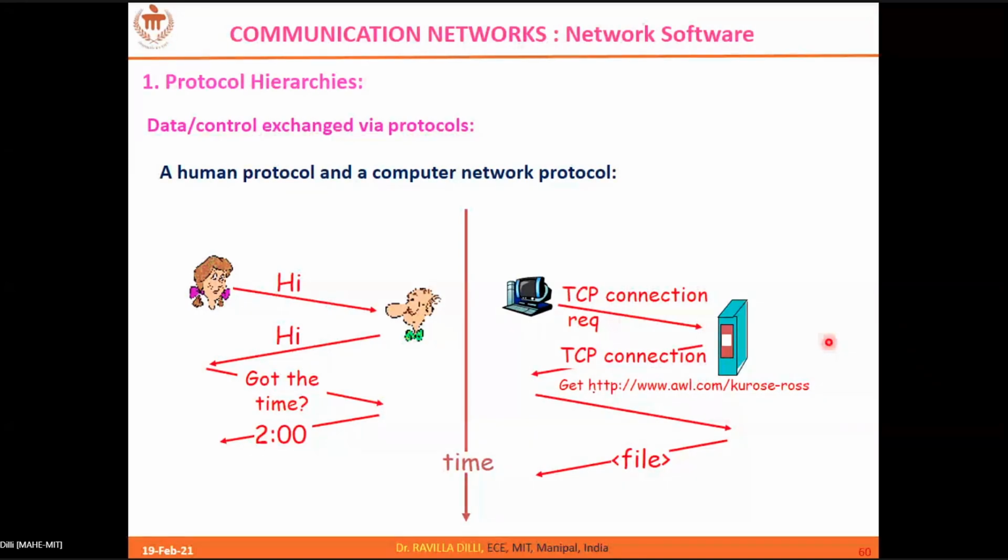Similarly, after reading all my mails, I'll click on logout. So when I say logout, what happens? A connection termination request is sent. Being a client, I am trying to terminate my connection. So when I click on logout, the connection termination request goes from client to server, and the server will accept that. Then it will give a reply: you are successfully logged out. That is the reply that you get from the server. So this is connection termination.